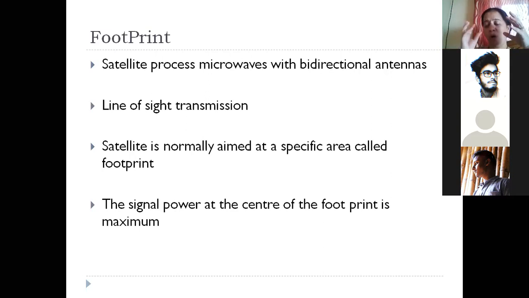That area on which it is aiming at the Earth, that is called a footprint. So when that satellite is above the Earth, that much area that it covers, in that footprint, the signal power is maximum. So if the satellite is here, at this area that surrounds the Earth, here the signal power is going to be maximum, not this side or not this side. Wherever it is focusing, there the signal power is going to be maximum, and that much area we call a footprint.